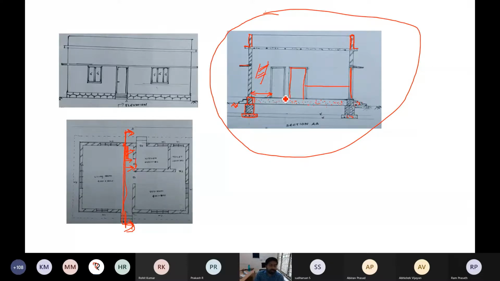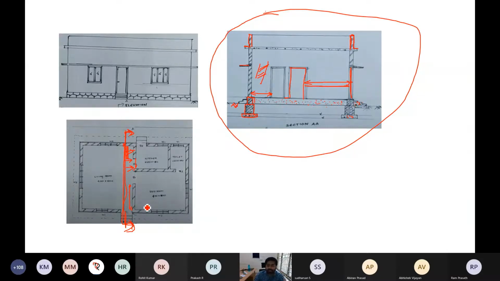I hope you understand. So this is your sectional elevation. Whatever they are giving, accordingly you have to draw the sectional elevation. Sectional elevation means you have to see whatever you are seeing there according to the proper dimensions. Every dimension should be specific. So this much distance, I hope you can see, should be the same as from here. What is the distance from here? The same distance only you can project here. So then only your section will be complete.